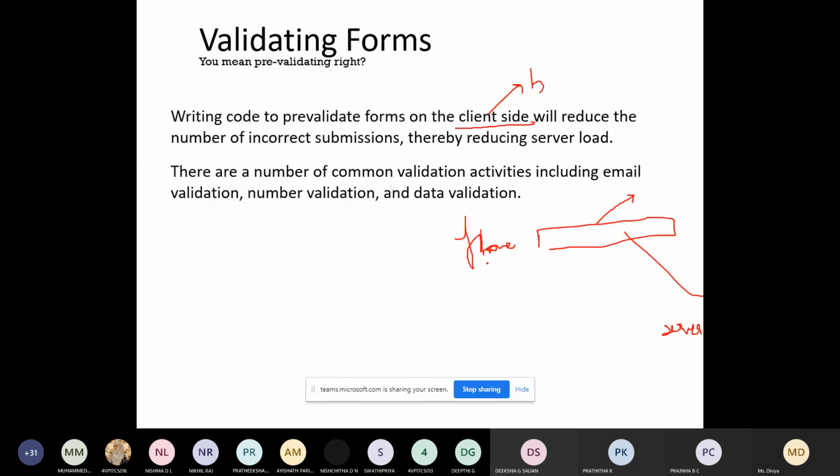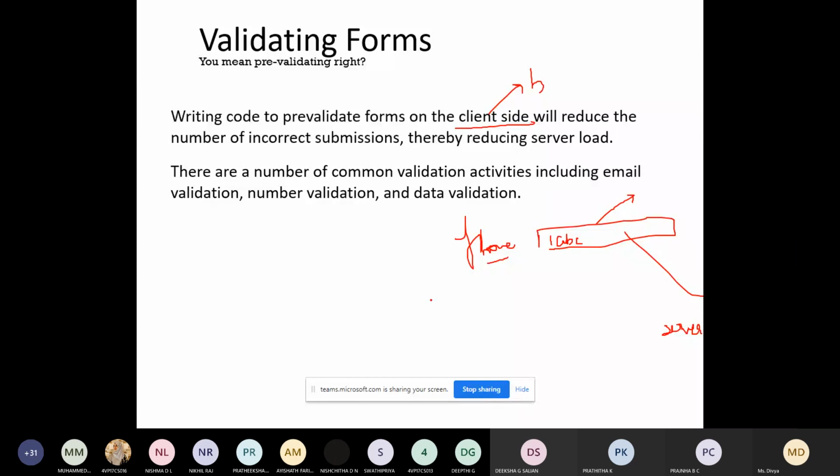With respect to this, we are checking whether the user has entered a valid 10-digit phone number or not. If it's a mobile number, you have to check whether it has 10 digits, whether he has only entered numbers or whether he has entered any alphabets. For example, if he is entering some alphabets like ABC, at that time you should give a pop-up message telling that please enter a valid phone number.